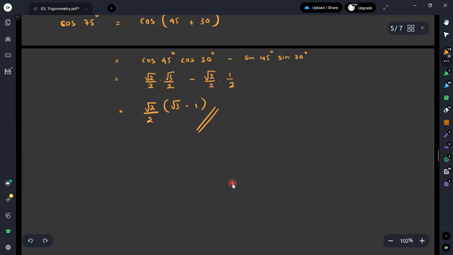And if you need another example, we can try for the radian measures as well. Therefore, please be familiar with the radian measures. Then we will move on to the next one.